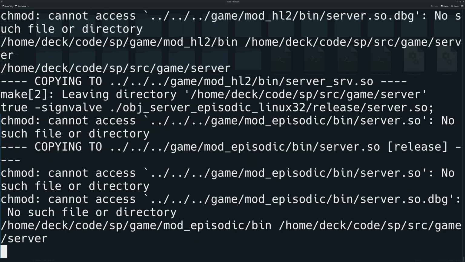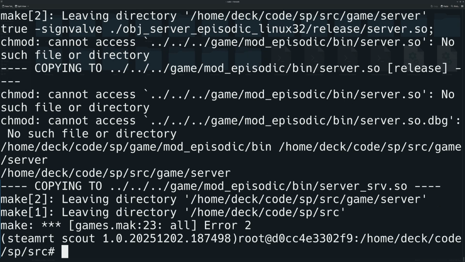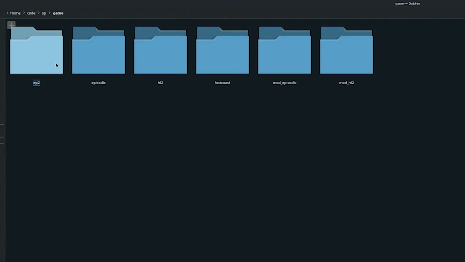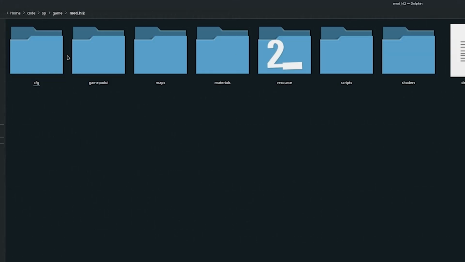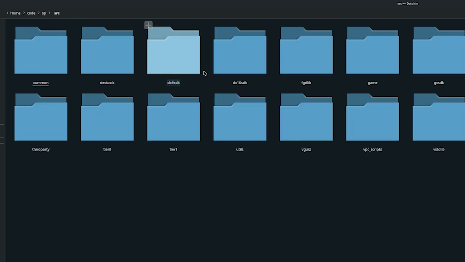But one thing that I've noticed with this method is that the compiled .so files, equivalent to the .dll files for Windows mods, don't get copied over to the game folder. For example, you don't get client.so or server.so in the mod hl2 or mod episodic bin folder upon successful compilation of the code. So what you need to do is go through the src folder to find the .so files,